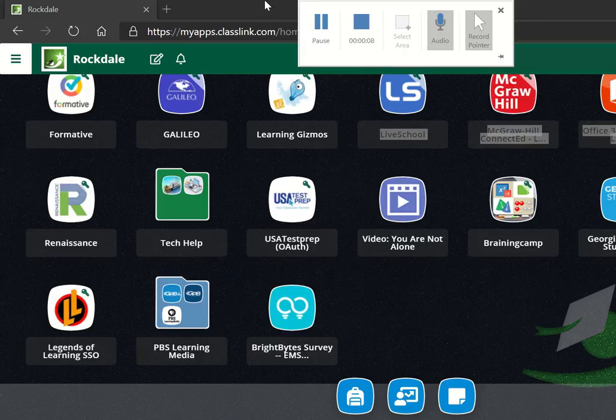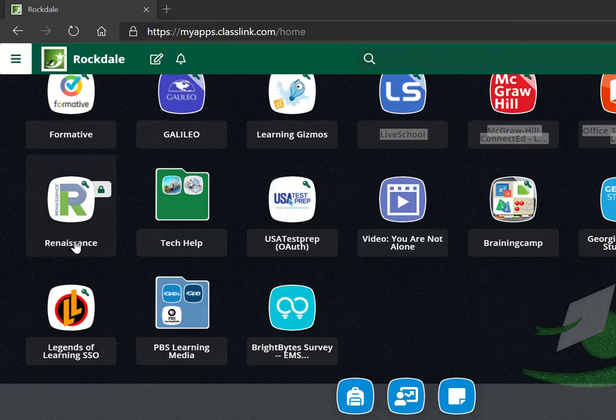Today, I would like to show you how to use the MyOn program located inside the Renaissance app. Notice that I am on your Rockdale ClassLink page. If you remember from when you take the STAR test, your Renaissance app is located on your Rockdale County ClassLink page. So what you're going to do first is click on that Renaissance app. It is an app with the blue and green R in the center. So you're going to click on that app,